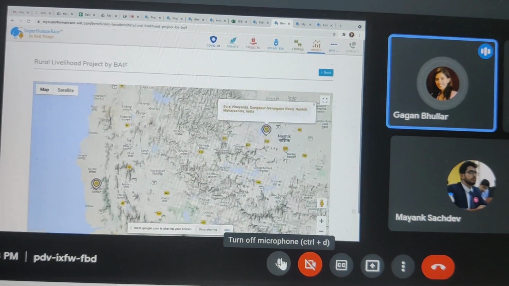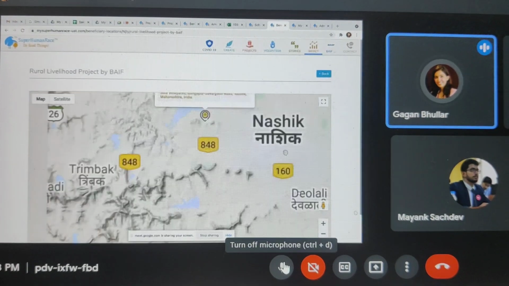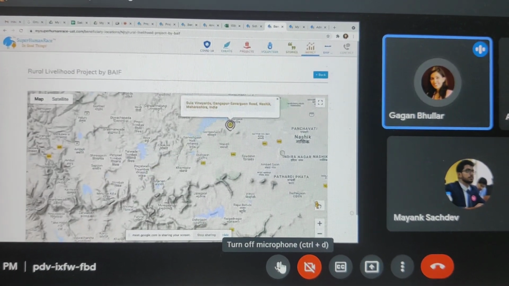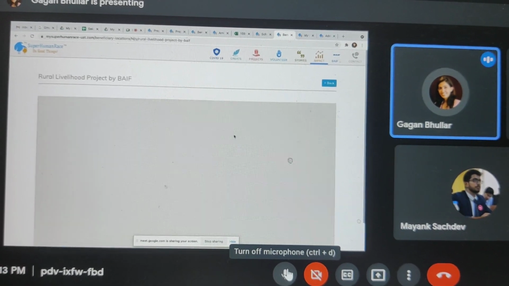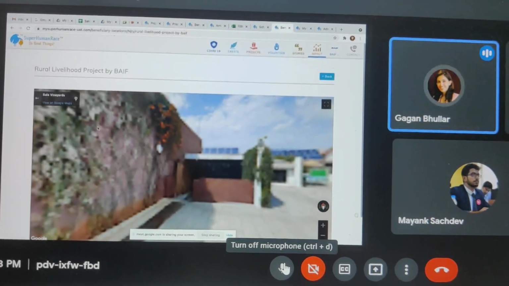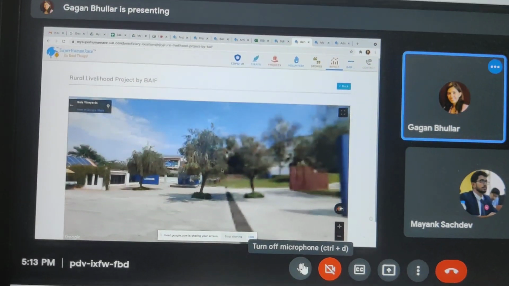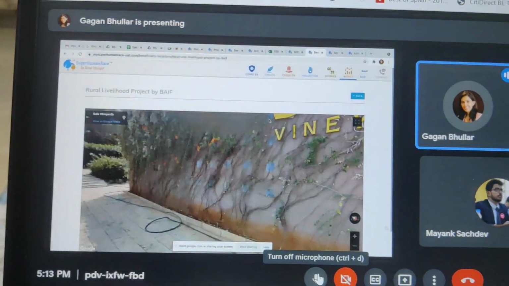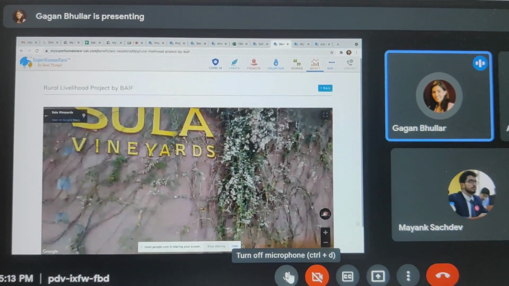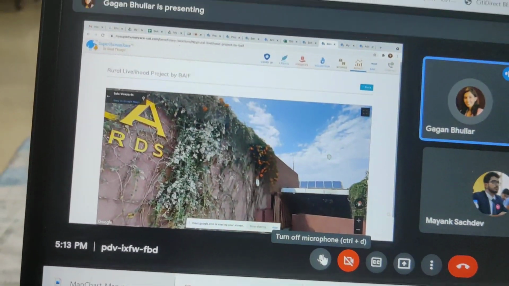It actually becomes available. And your partner, directly through Google Maps, can basically upload the 360-degree view for their location and you'll be able to view it. So where health camps get conducted or things like that happen, they have a 360-degree view. So here I can just see what's happening at Sula Vineyards. If there was a health camp that was getting conducted and you would like to see it later, then you can just have them upload the 360-degree view.